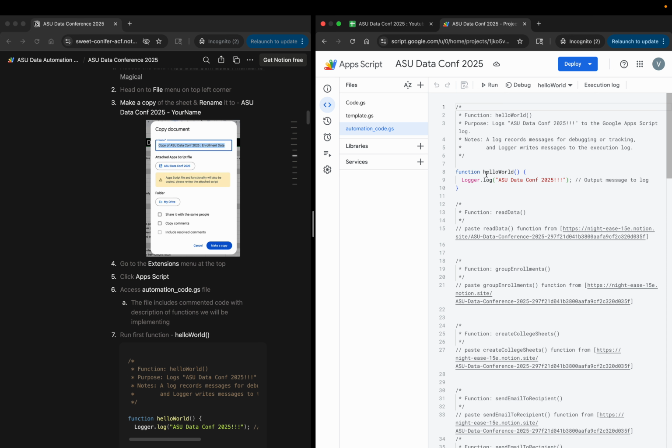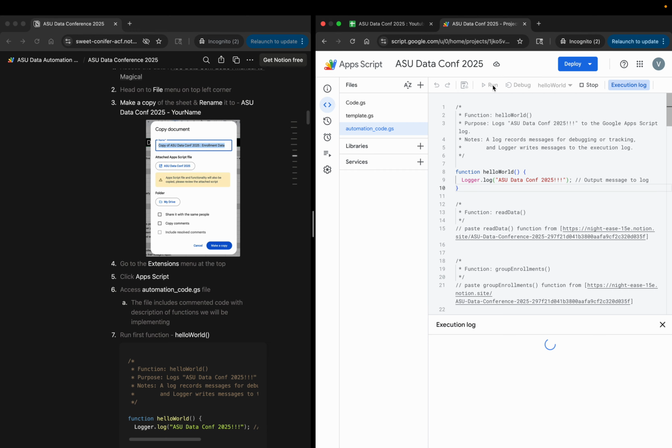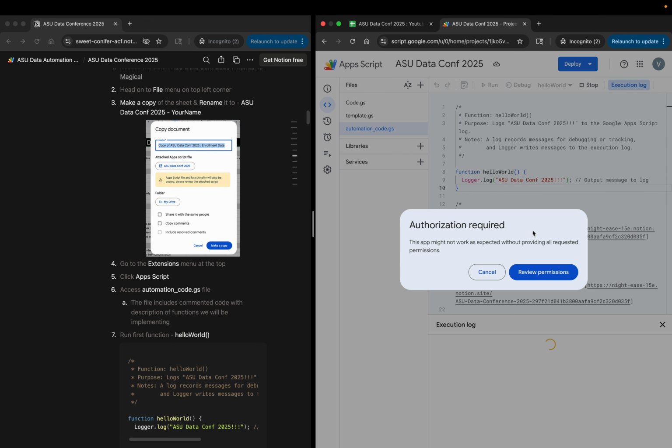So in order to run this hello world function, make sure that here you have hello world function selected, and once this is confirmed, you can just hit run and app scripts will take some time. If this is your first time running an app scripts function, there will be an authorization window which will pop up.